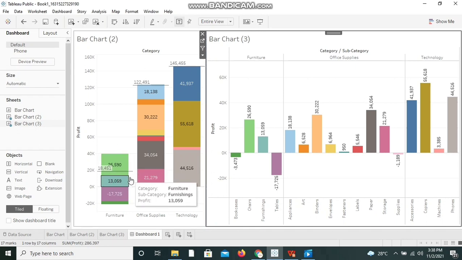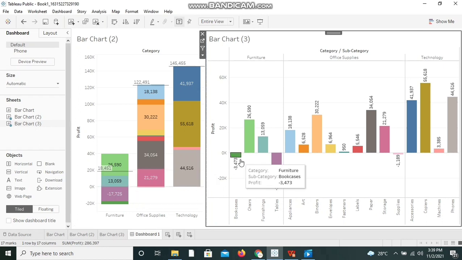If you want to see the individual values clearly, enough to make certain decisions, then we can take the side by side bar chart. These are the minor differences between the stacked bar chart and the side by side bar chart. This is how you create it, and this is how we can use it in our visualization.